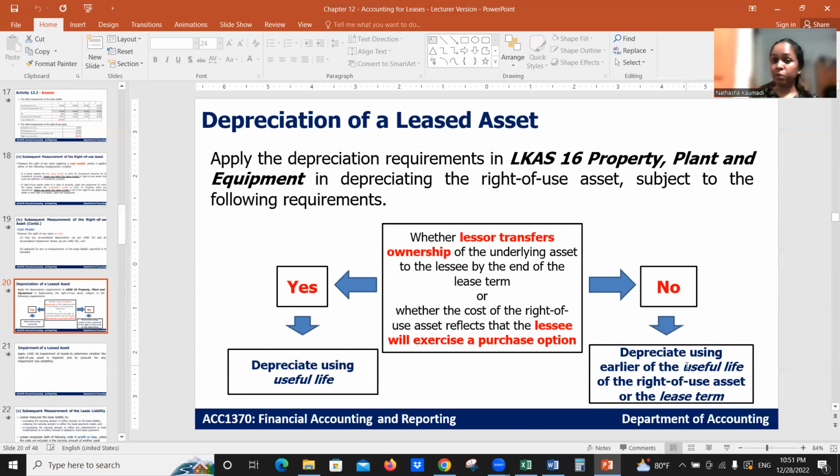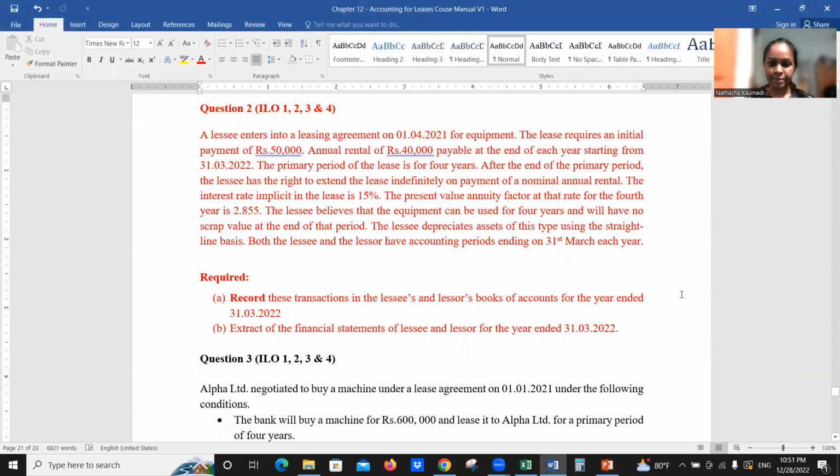Okay, now in this question what happens? Are we getting the ownership or not? Here, if you can read, after the end of the primary period, a lessee has the right to extend the lease indefinitely on payment of